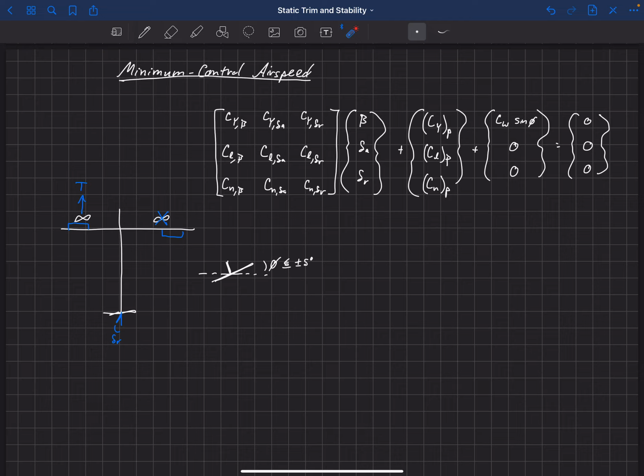But landing, you also don't want to land below this minimum control airspeed, because if you have to abort that landing, what you're going to do is go back to full throttle to do a go around. And so that quickly increases the yawing moment, or these asymmetric moments and forces on the aircraft, because you've got to go to full throttle to do this go around.